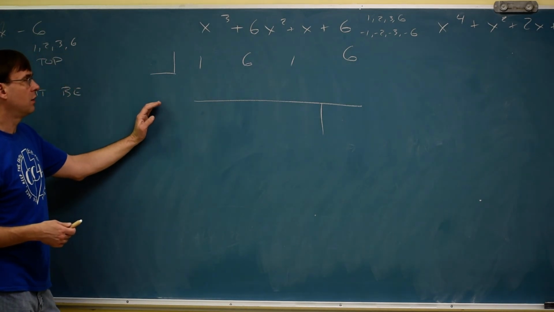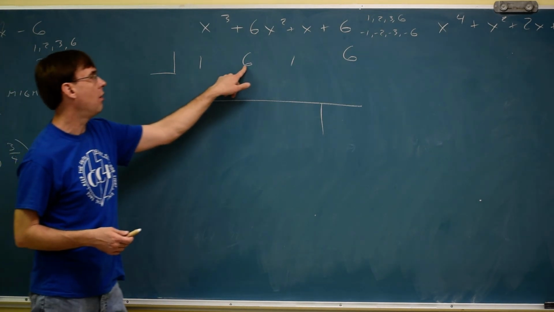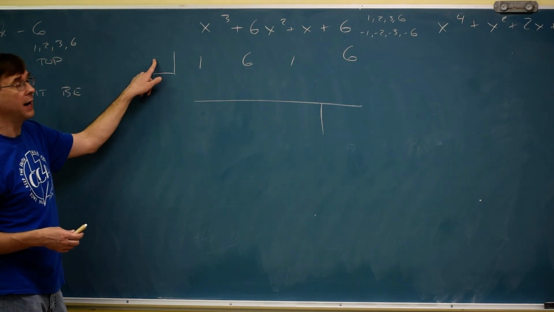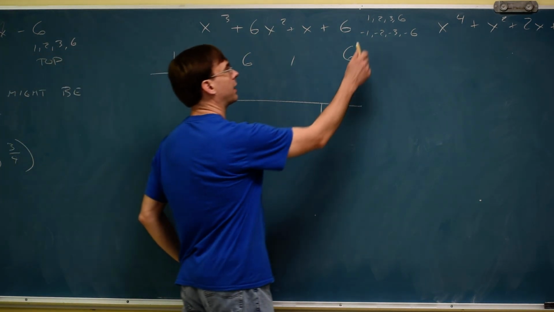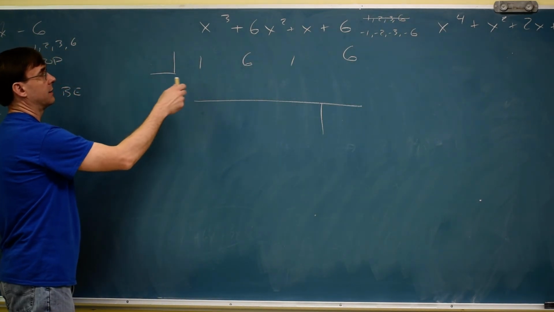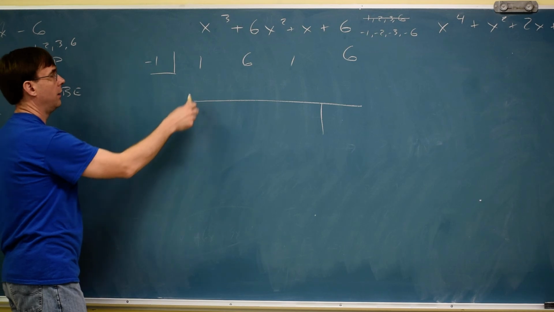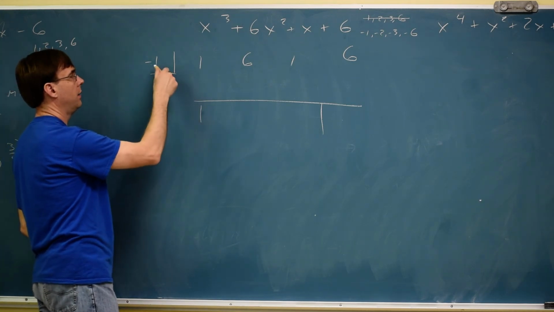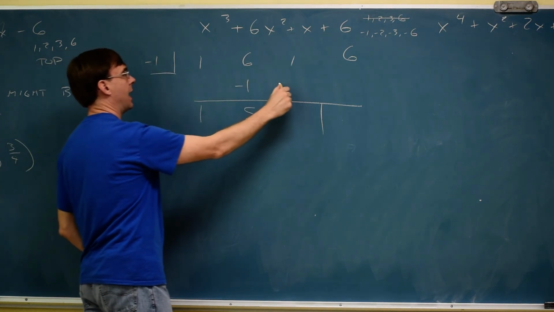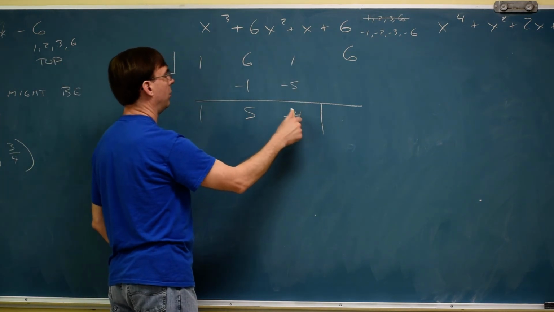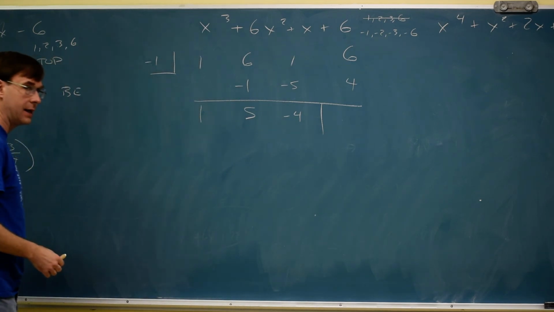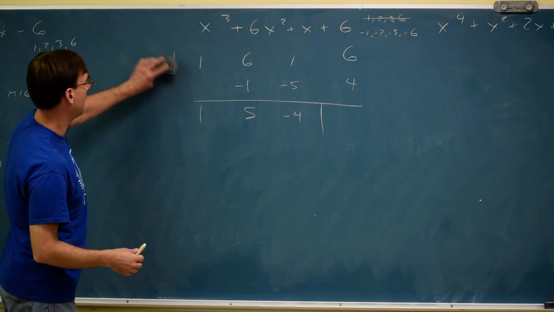Previous day I gave you a good suggestion: if all the numbers in your list are positives, it's only worth trying negatives. So I can already scratch off those. So let's try some numbers. Try -1. Drop the 1, times that, add down, times that, add down, times that. I didn't get 0, so that did not work. So scratch that,